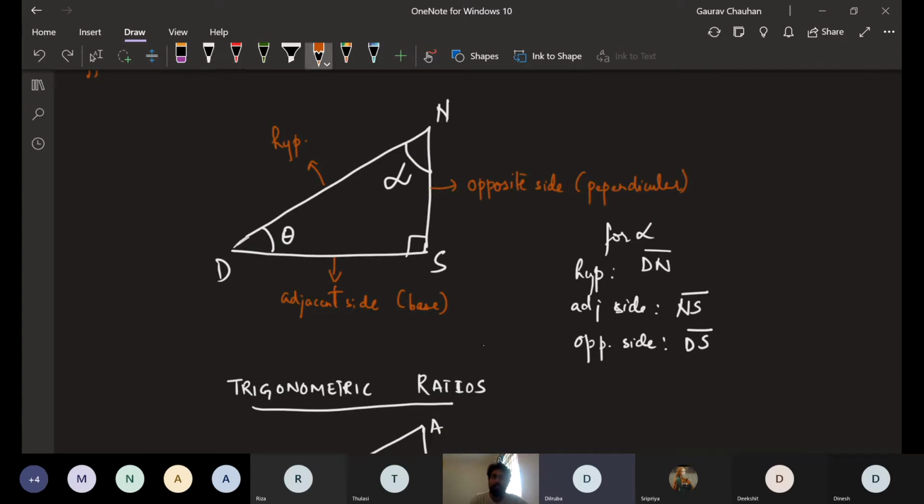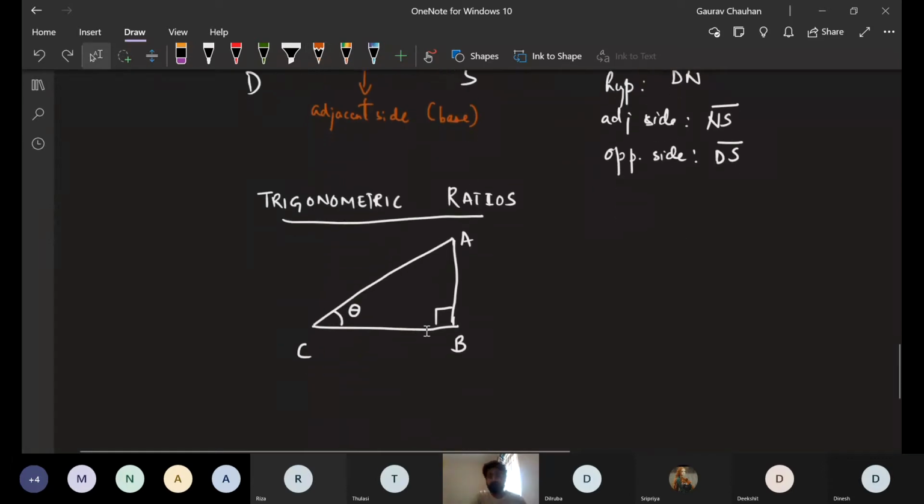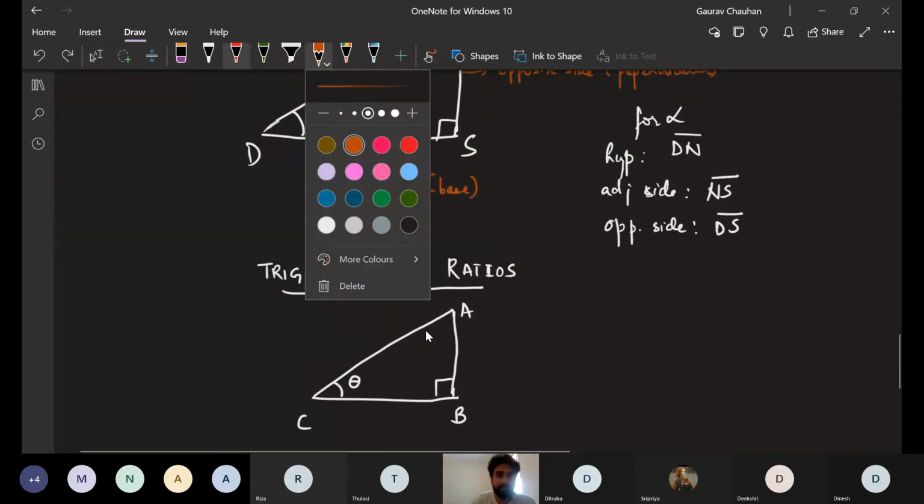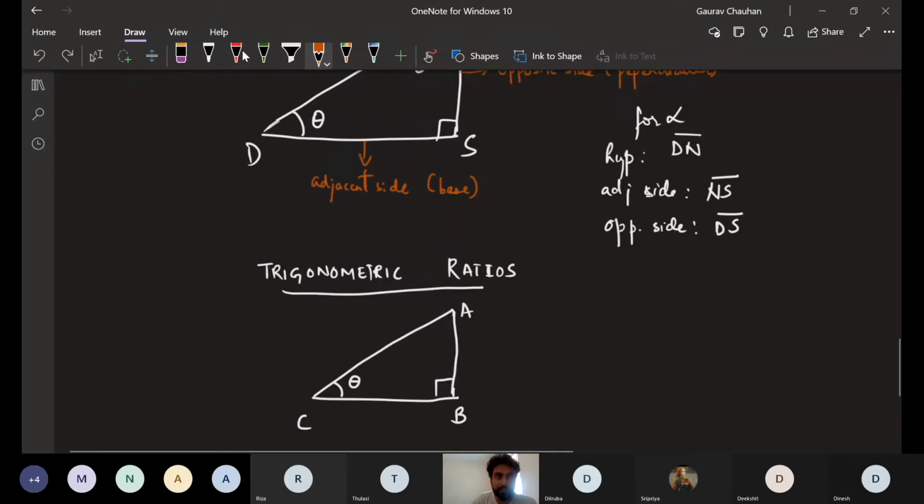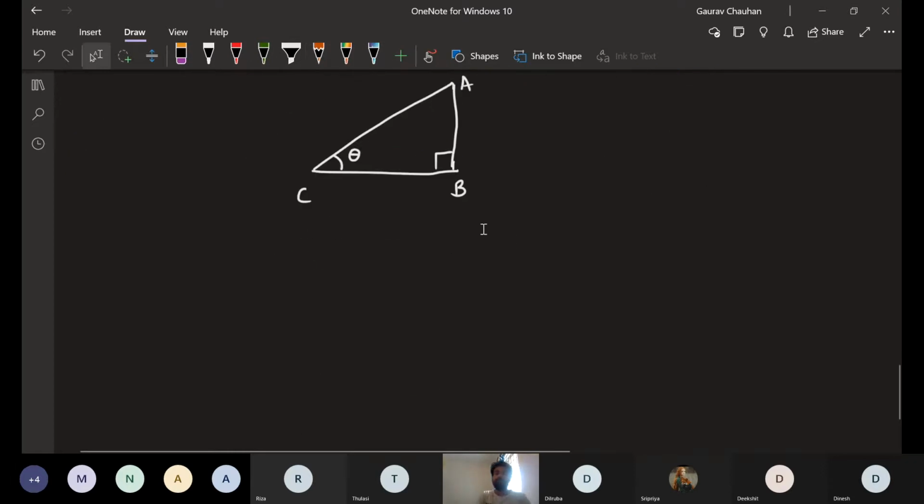Very good question, Dilruba. Like I just mentioned, we are doing this for the acute angles only. When it becomes 90 degrees, what will happen? We will see that maybe in this class or the next class, but we are taking it for these two angles only, as we are defining right now. I'm really happy about that question. I'm going to give you 10 points. Good question, we'll come back to this later.